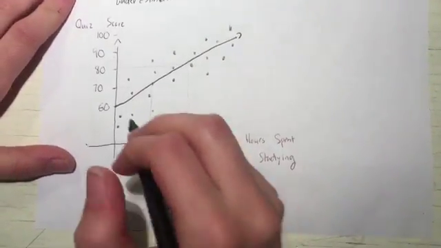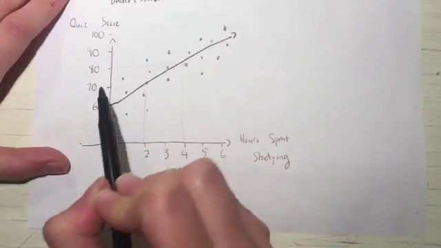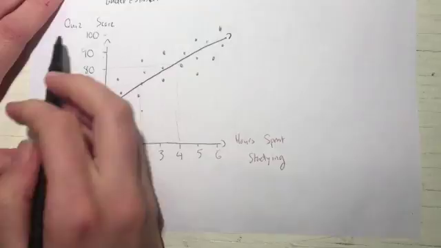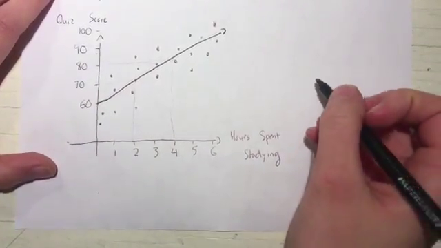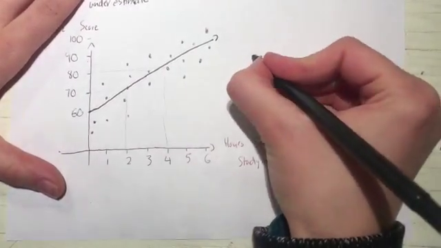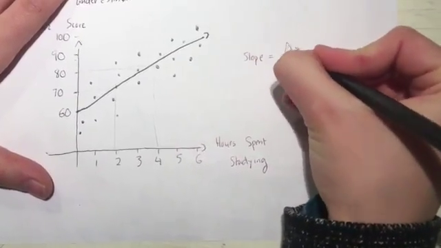I'm going to spend some time quickly going over how to find the slope and interpret the slope of a trend line. And you might have seen this in the Khan Academy video, which was pretty similar, but I'm going to go over it again quickly. So, you want to remember that our slope is equal to our change in y over